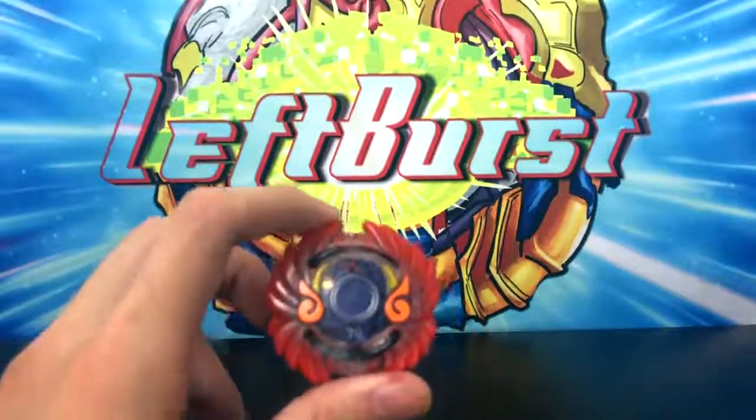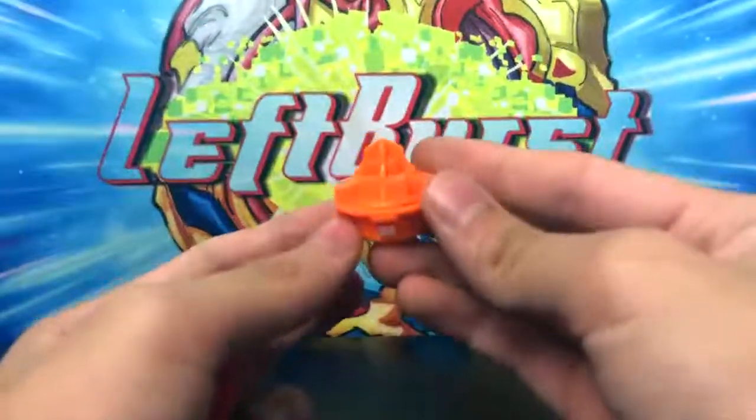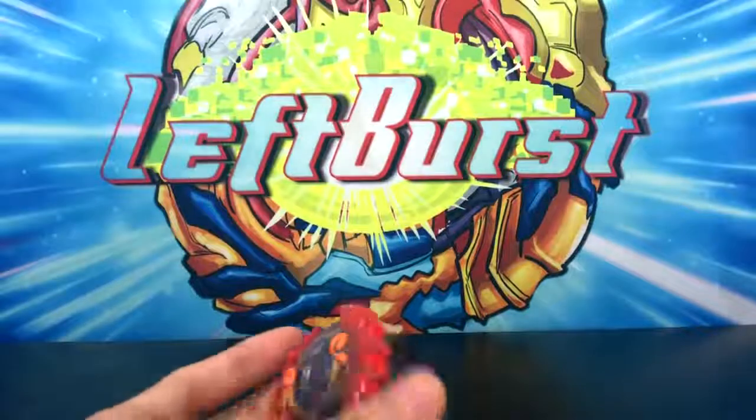And moving on to the next category, competitiveness. Do I even have to explain this? Come on. Do you see this edge driver? This is the most competitive driver out of all of them. I've actually witnessed Cheeto beating every single one of my Beyblades in one hit. It's crazy. And moving on to the last category,